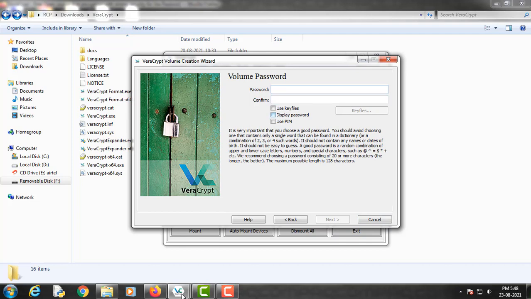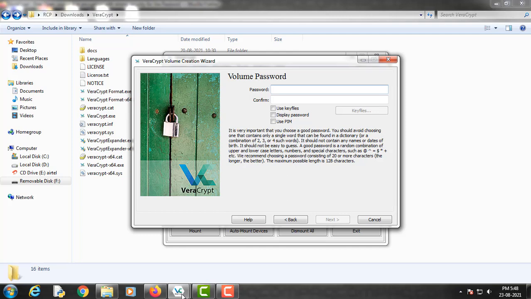For the purpose of demonstration, I will use a simple password, but you can read this description here to make your password strong enough so that no one can crack your VeraCrypt password easily.